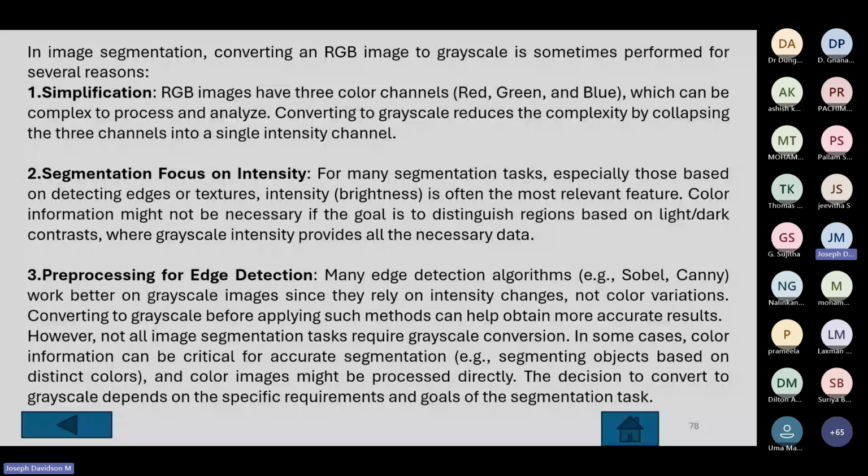We change the RGB image with its 3 color channels into a single color channel, grayscale. This change from RGB to grayscale is also done for many segmentation tasks, particularly finding the edge or the texture or the intensity.